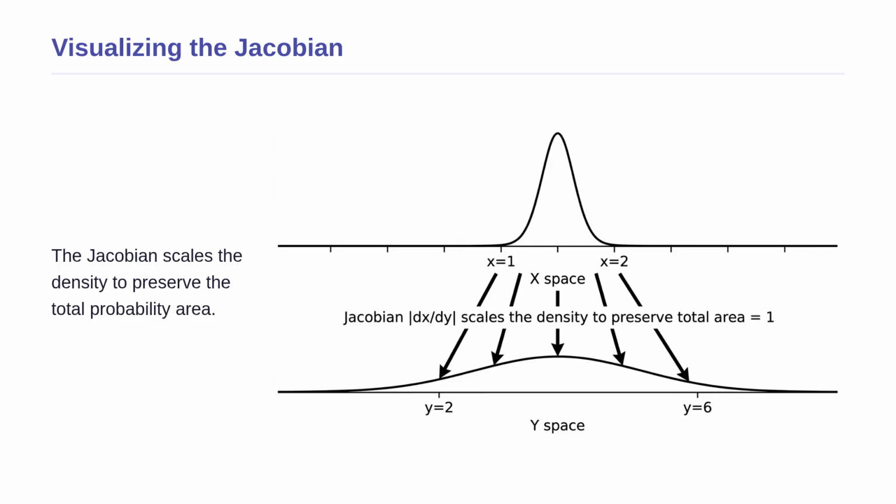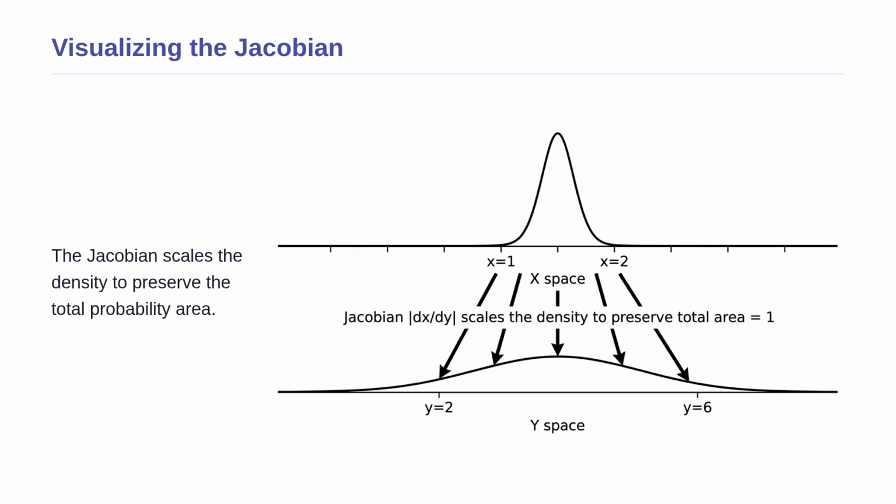To truly grasp why this derivation works, let us look at it visually. Here, we see a small range of x values being mapped to a much larger range of y values. Think of probability as a fixed amount of clay. If you spread that clay out over a wider area in the y space, it must become thinner. The absolute derivative, the Jacobian, is the exact mathematical tool that measures this stretching. It thins out the probability density curve accordingly, ensuring that the total area under the curve always remains exactly equal